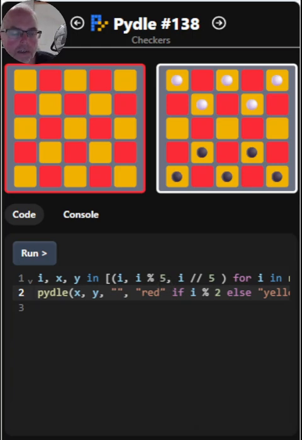A white checker, I think you call them. I don't know what you call them. A piece. Let's call it a piece. So when do we need to draw the whites? So if, and now we can just say y less than 2. Else,